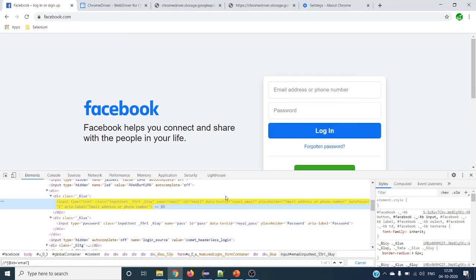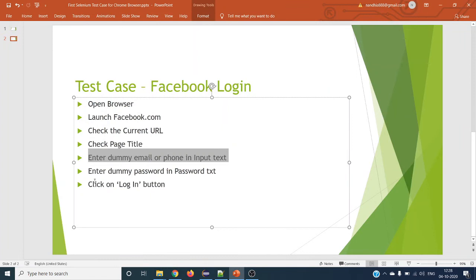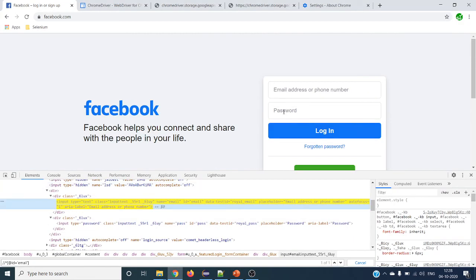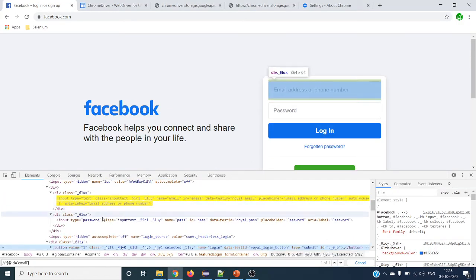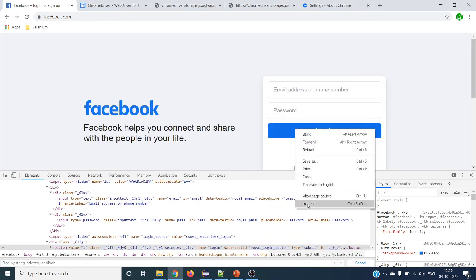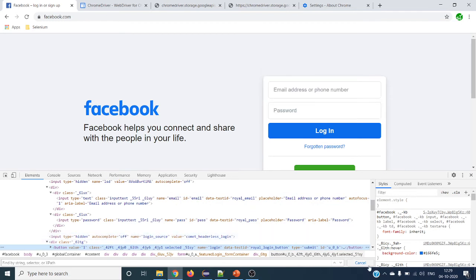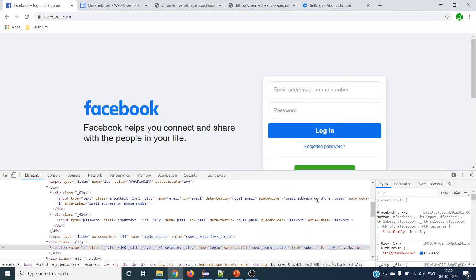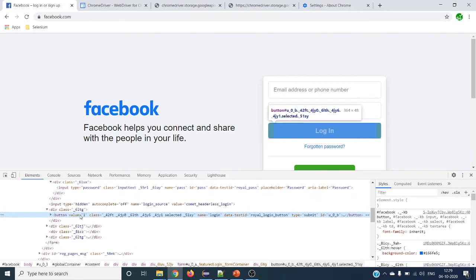Now we have to click on login. That is the next step for us. Click on the login button, so let's take the same. Sorry, we have to delete this first, and unless we delete it, it will not give you the right path. Click on this. You can see the button is highlighting on your web page.